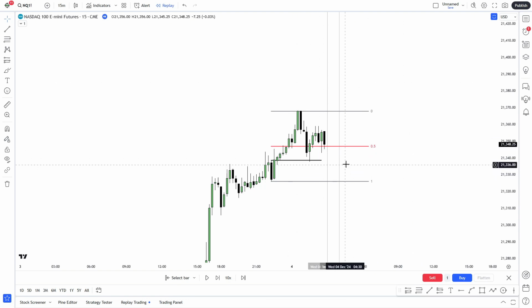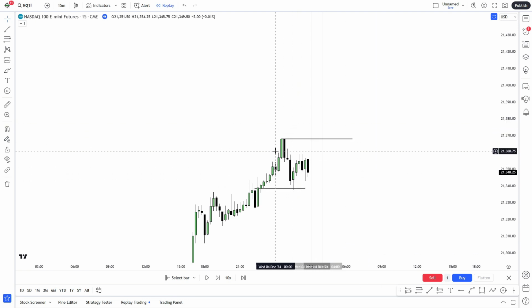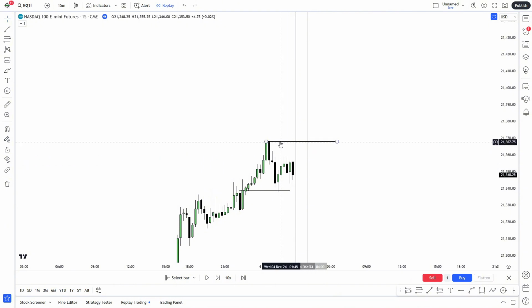I've also marked out my time period, which I will be looking for the London session silver bullet, which is between 3 AM and 4 AM Eastern Standard Time. So going into this day right here and this specific session for the London silver bullet, I'm going to be in my lower time frames looking for any sort of evidence that will be looking to support price going higher and looking to take this high out right here. Okay guys, so I've just marked that out for you right here. So let's go down into a 1-minute time frame and see a potential framework to hit this high right here.